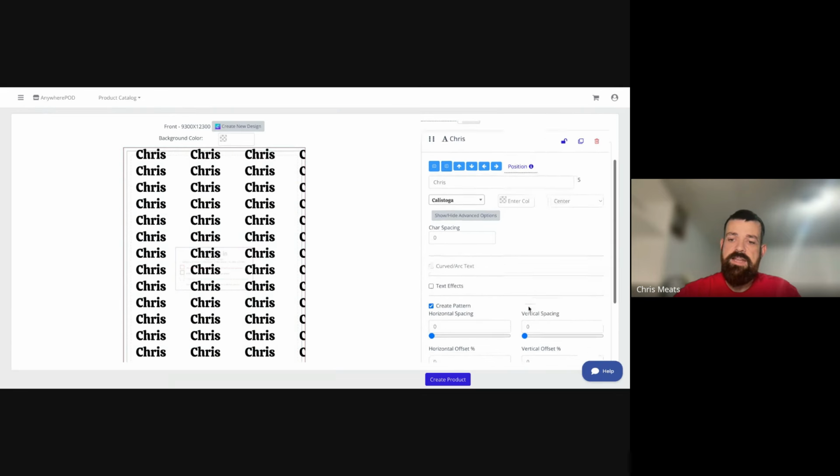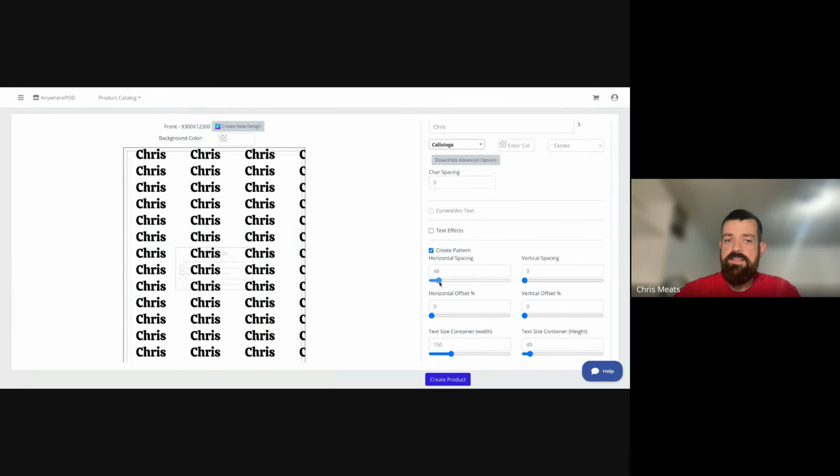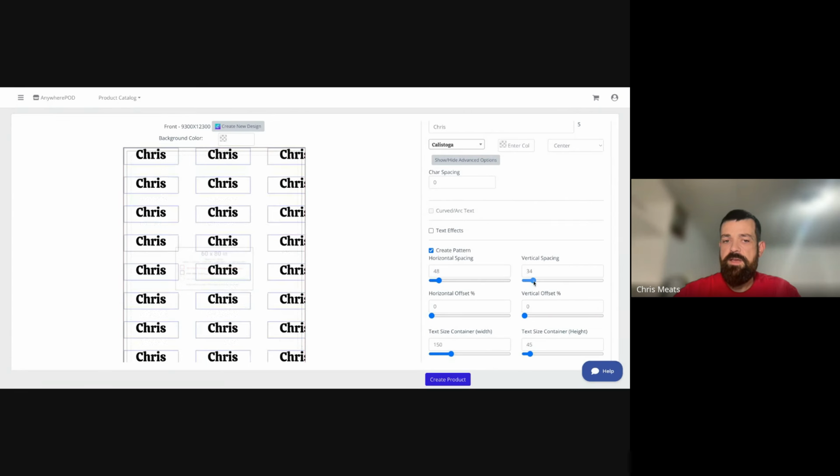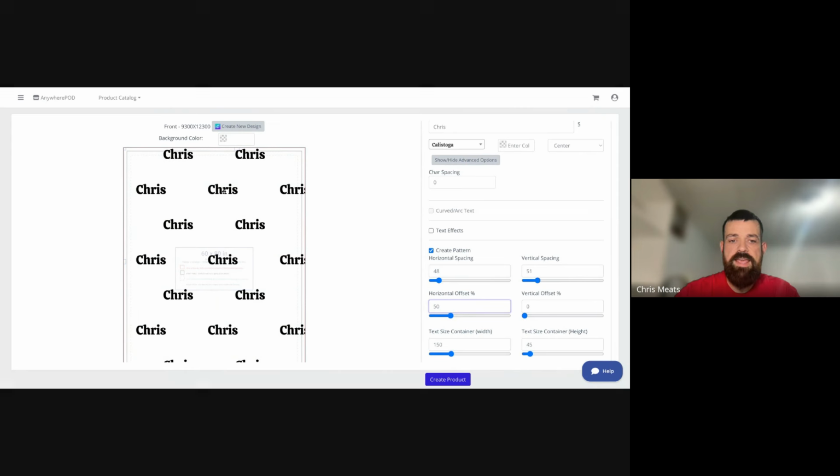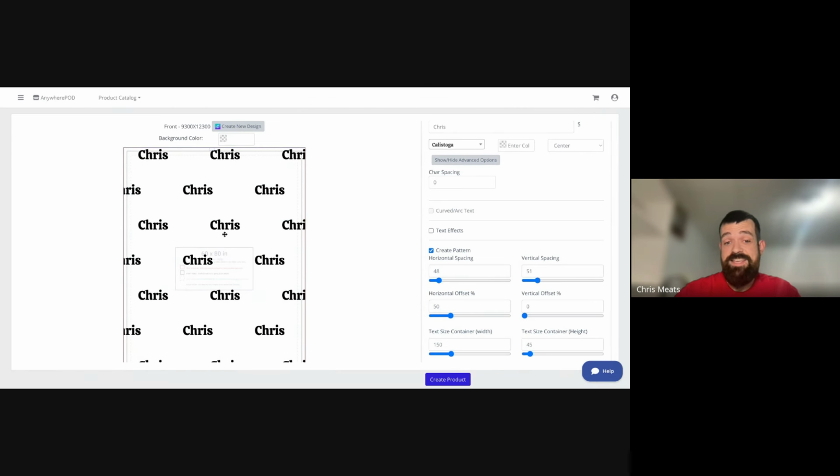You can see it's going to create a repeating pattern here, where I can then adjust the spacing both vertically and horizontally, and then also add an offset. So if I wanted a brick type of layout,